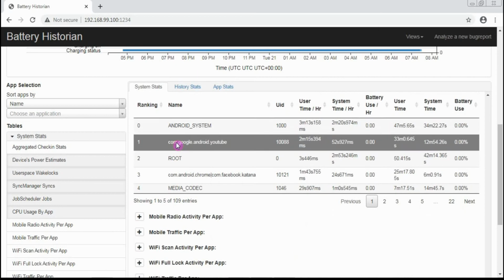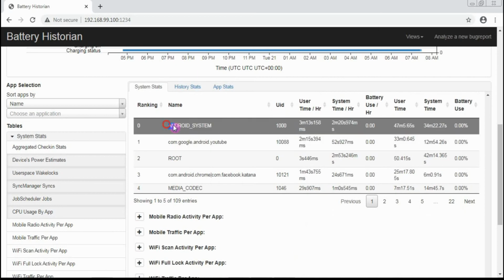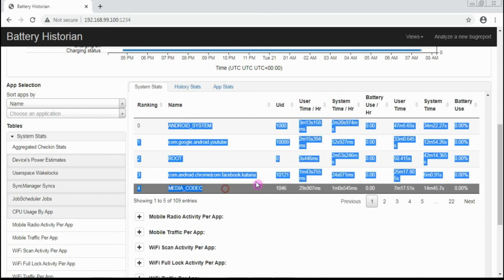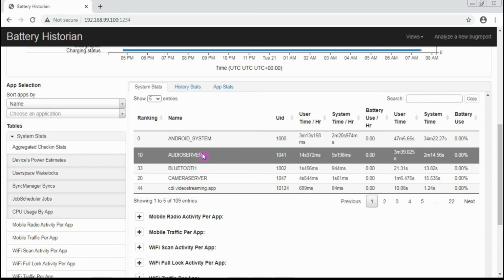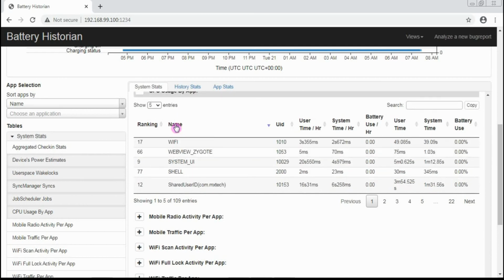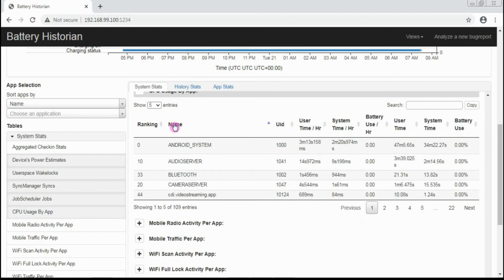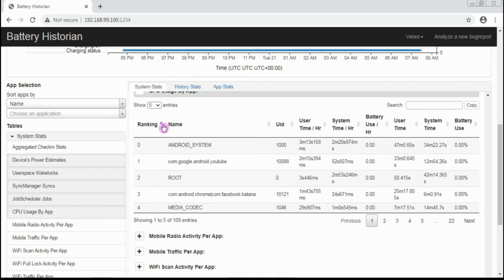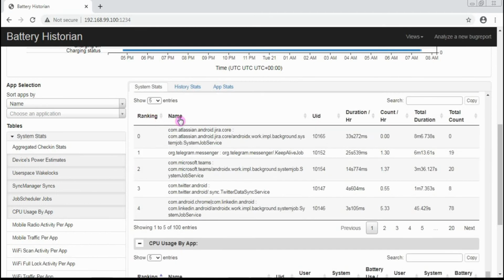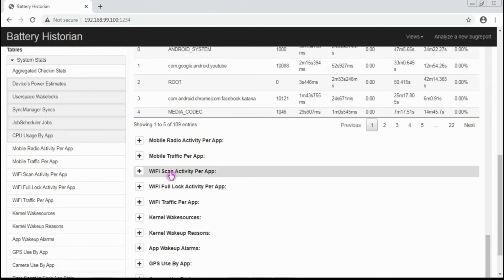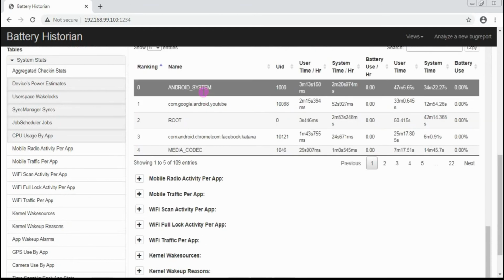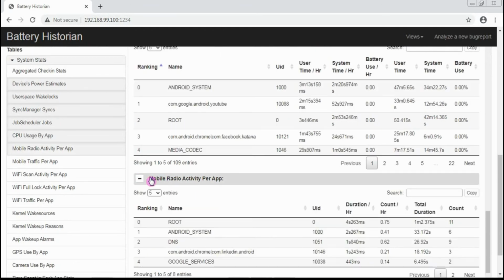Then the CPU usage in terms of the applications which were actually using the CPU is present here. So this is your top five. We can sort it in terms of ranking. The top five we can sort it in terms of name. For each and every graph, we can go ahead and sort it out in terms of ranking and name. So here all the top five usage will be displayed first.